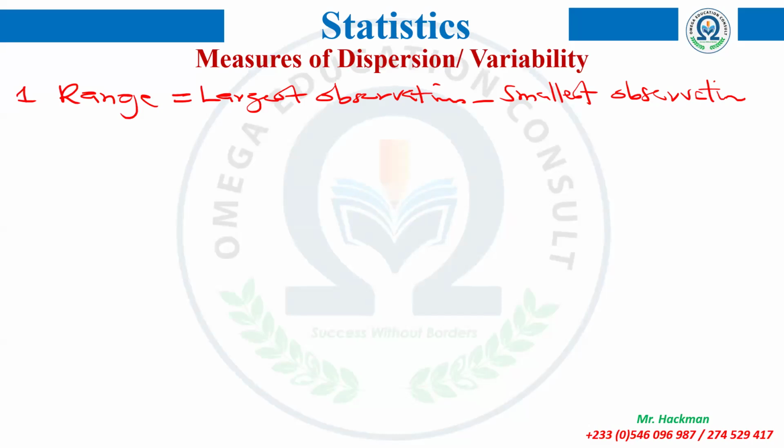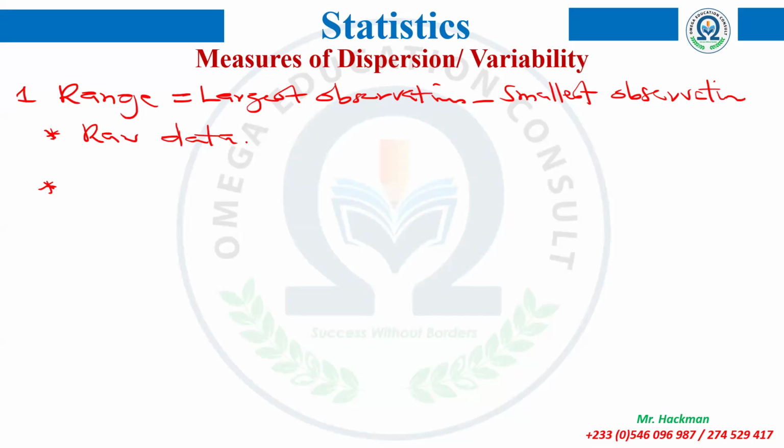So that would be it for the raw data. This is the formula that you use for the raw data. Take note of that. The basic meaning, you pick it from the raw data. Because you know the observations, you can pick the smallest observation as well as the largest observation, so finding the difference will be very easy. Once you know the observations, you just subtract. However, if you are looking at the